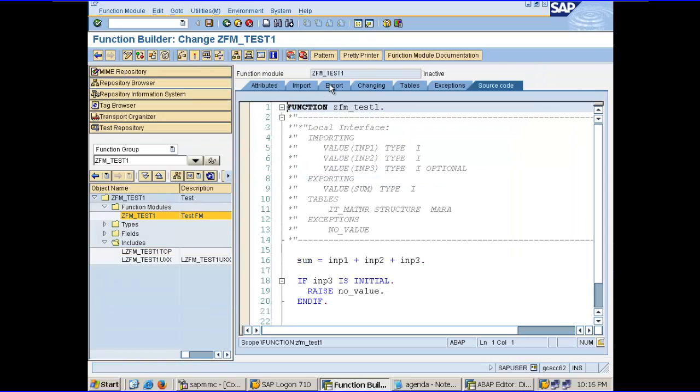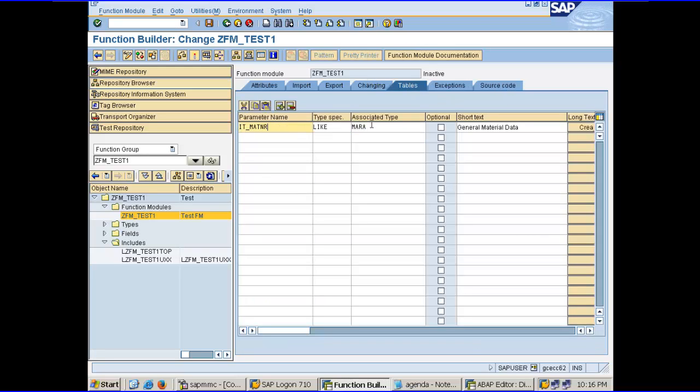Now if I go back to my function module and go to tables, this is one way of referring to the structure directly. Or I can write type, and here it actually refers to a dictionary structure, for example MARA. Or if required, I can create a structure in SE11 and then just refer to that structure. If I want to call what we just declared,